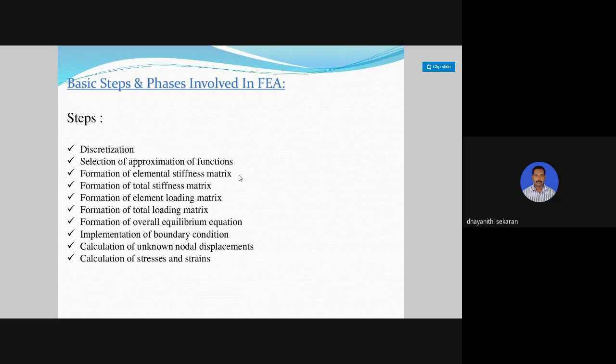Strain is equal to du by dx, u2 minus u1 by x2 minus x1. So stress equals Young's modulus into strain. Using that equation, we are defining the material behavior. Fifth step, derive the element stiffness matrix and global equations. F equal to K into U. Force matrix equal to stiffness matrix into